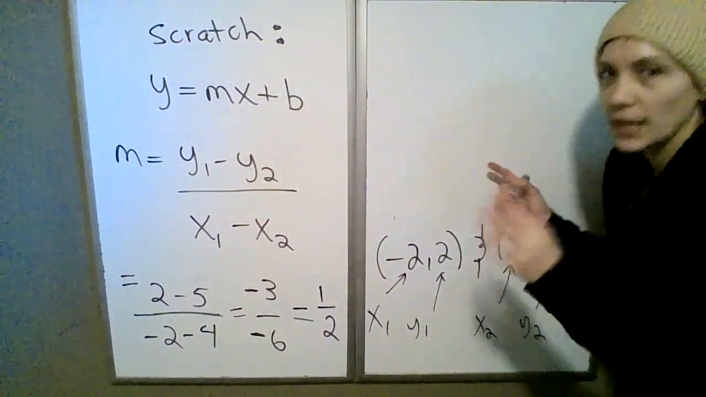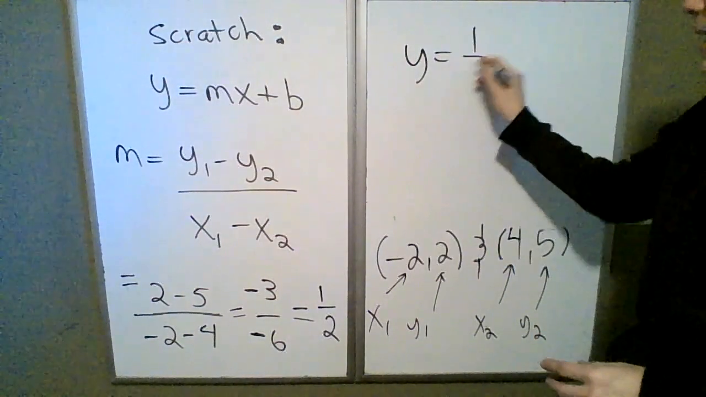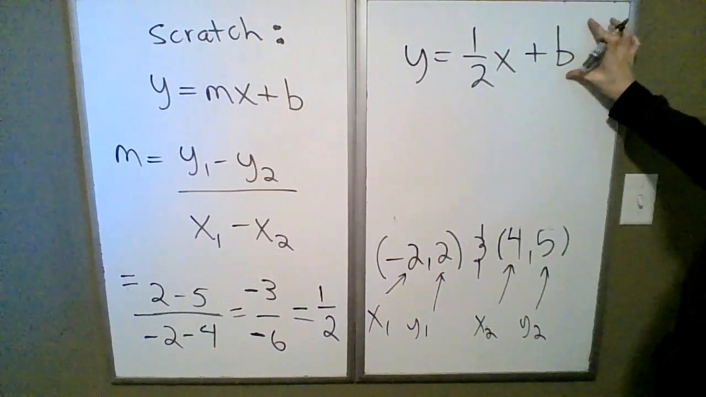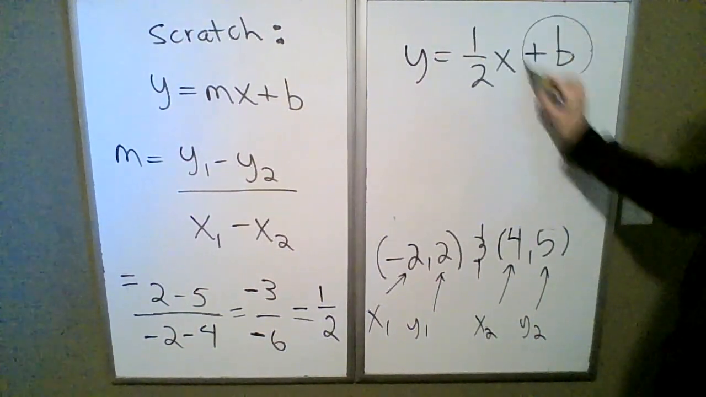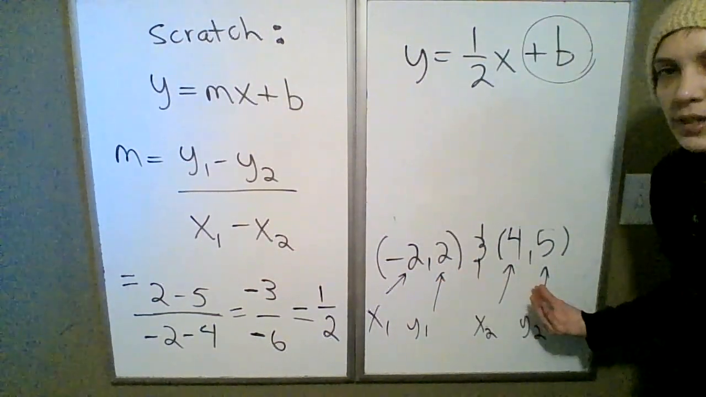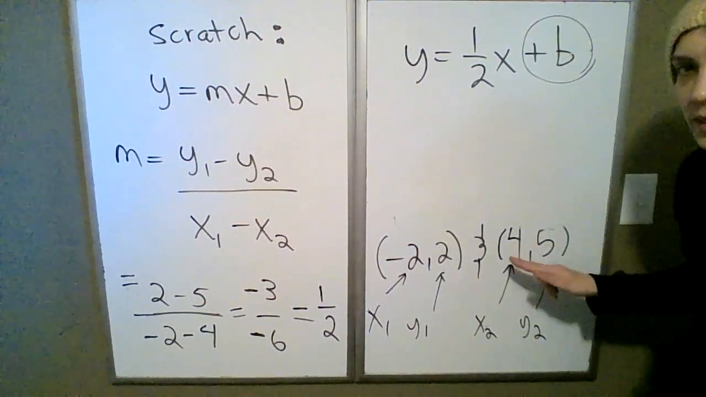So we've got the slope, and we're piecing our equation together. Y equals 1/2 x plus b. We need to know b. Either of the points would work. Kind of like this point better for some reason. So we'll pick x equal to